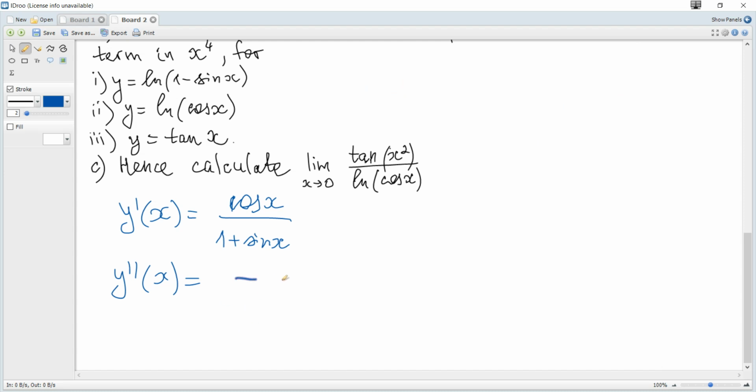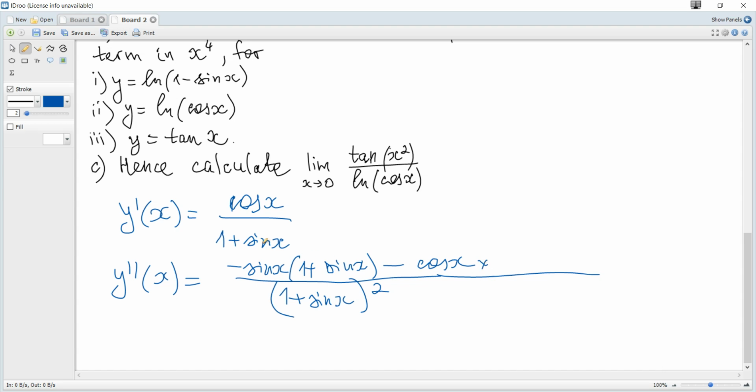So it becomes 1 plus sine squared, cosine derivative, it's negative sine, multiplied by 1 plus sine, minus cosine numerator multiplied by the derivative of the denominator, 1 plus sine derivative, it's cosine, so we can write minus cosine squared,